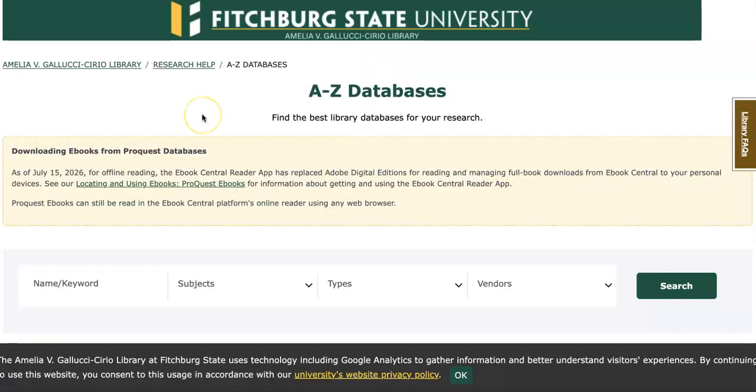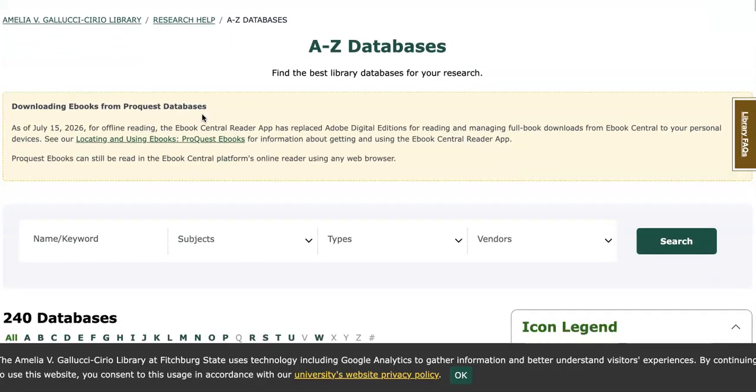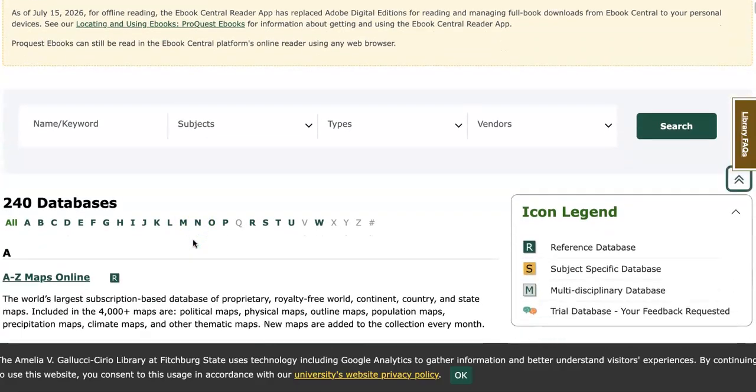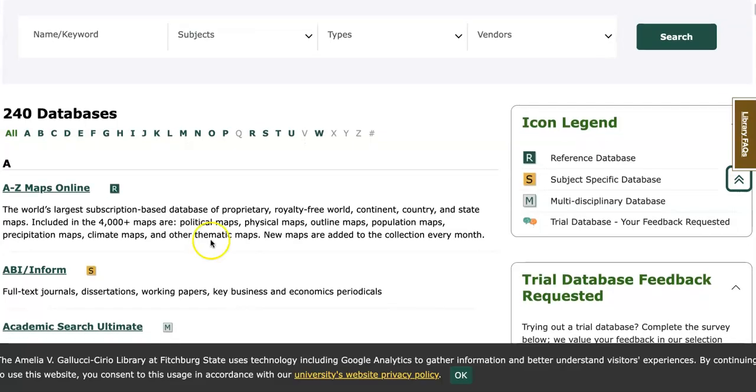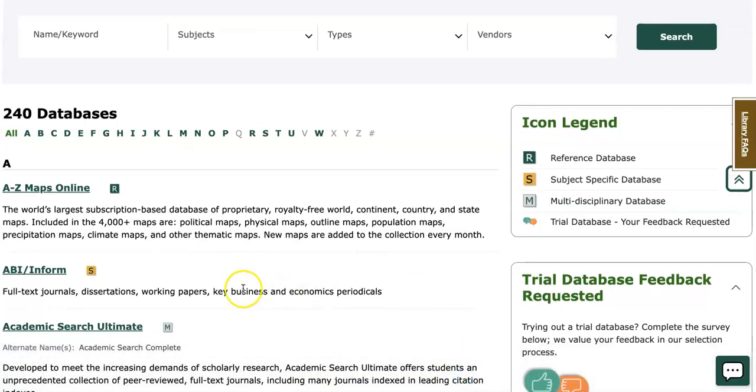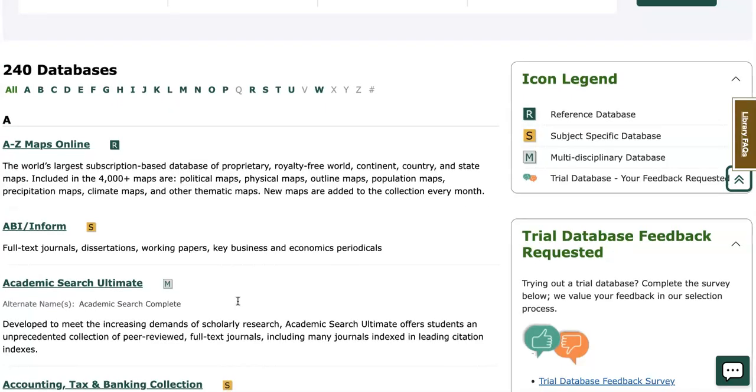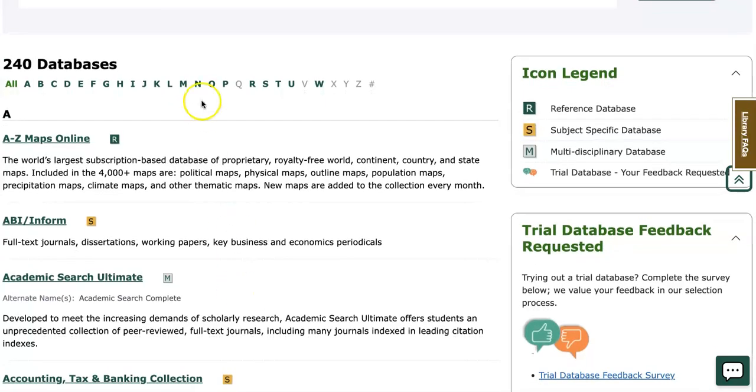When you click on that link, it takes you to our A to Z databases page. This is a list of all of the databases that the library subscribes to and that you have access to as a student. Today, since we are looking for PsycInfo, I am going to click on P